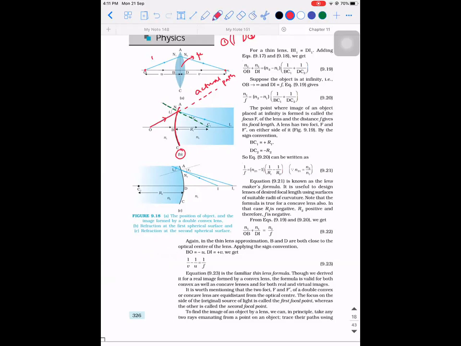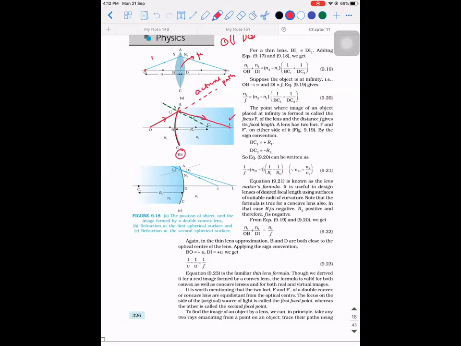So in this case, they have assumed that the ray is getting converged. When the ray is getting converged, then you can imagine that there is an image I1 that is formed. So the image I1 is actually formed in which medium? Denser. It is actually being formed within the glass medium, which we will not be able to see, because it is not the final image, it is an intermediate image.